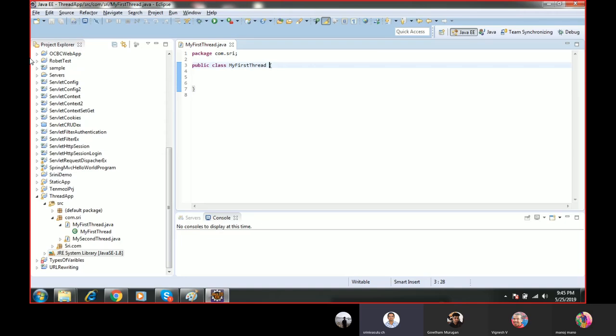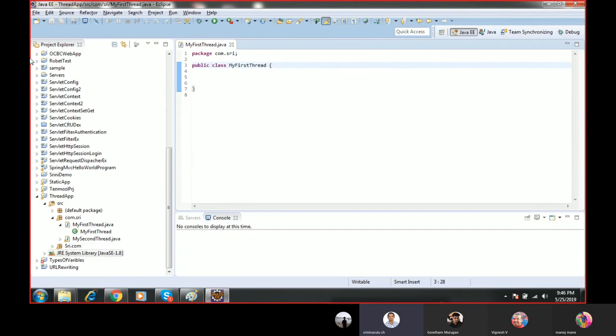So here we are doing multiple tasks, not one task. Simultaneously we are writing the program, downloading the movie, and hearing the music. So these three tasks are happening